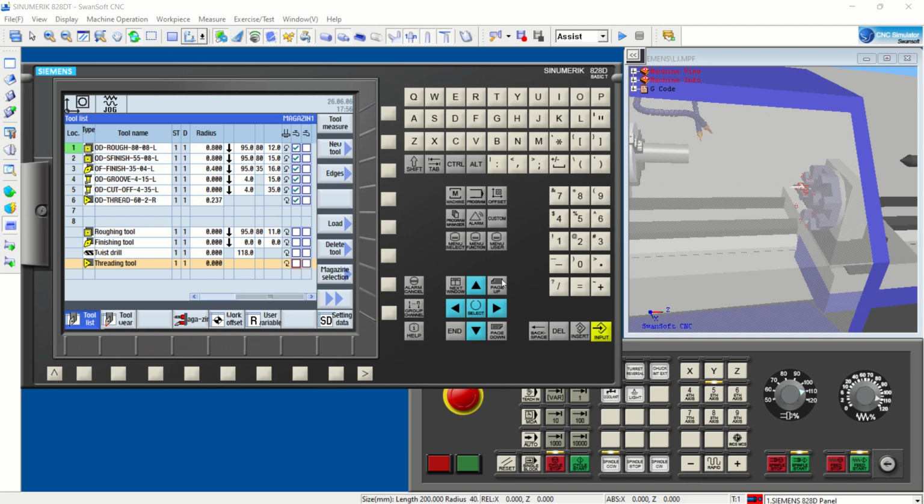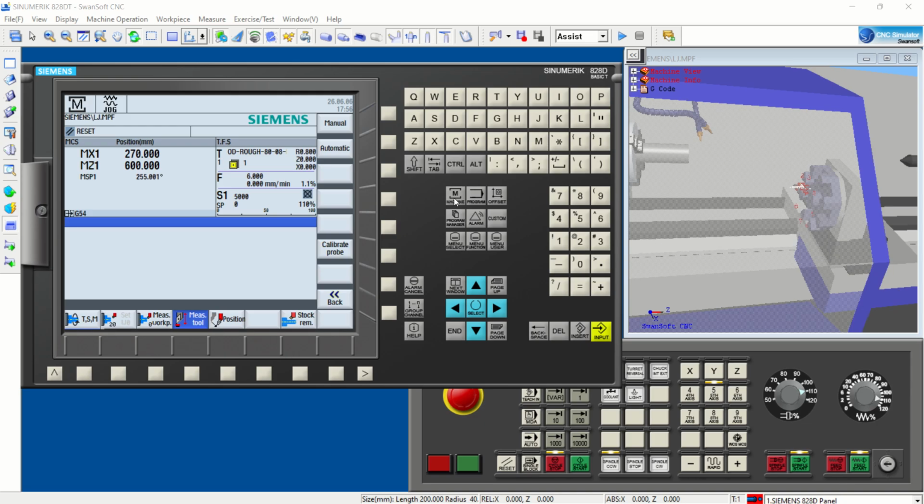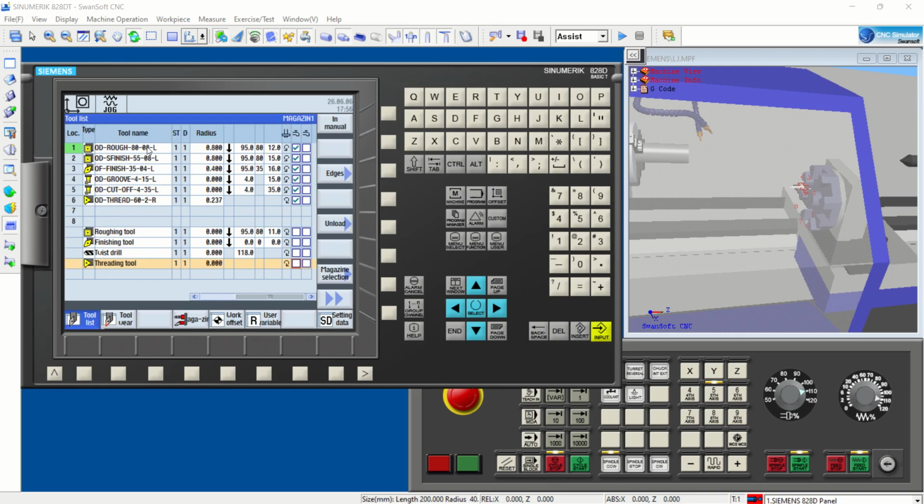How do you load the tool now after creating it? Click on the jog mode, come to machine mode here, and then go to TSM. Then come to tool here, where you can use tool name. You are using tool name, not tool ID. You can click here, select tool location. I don't want to use tool selection location. Tool name is good. Then clear, select the tool. Go to the first one here, the first one. Then click